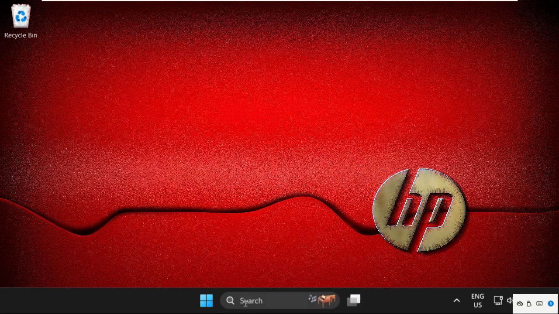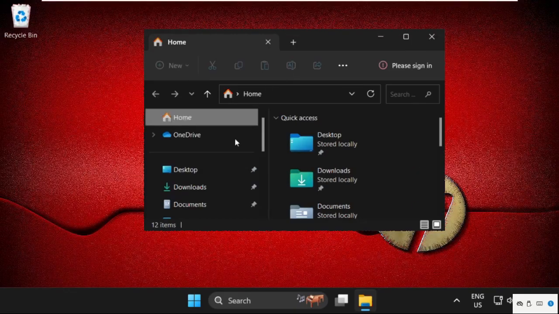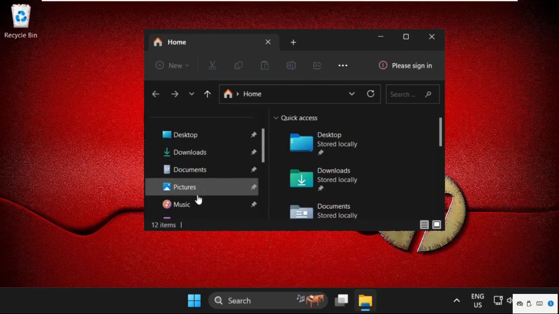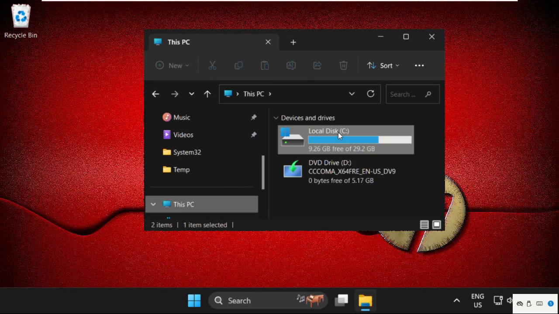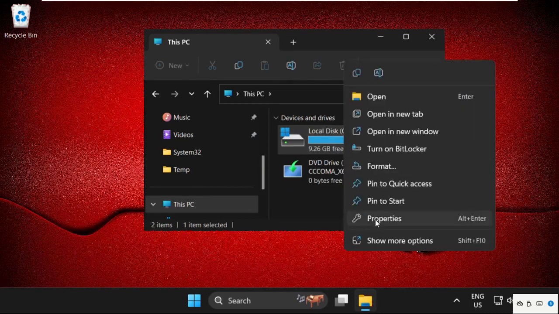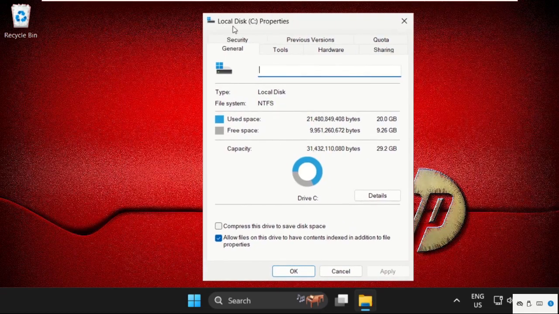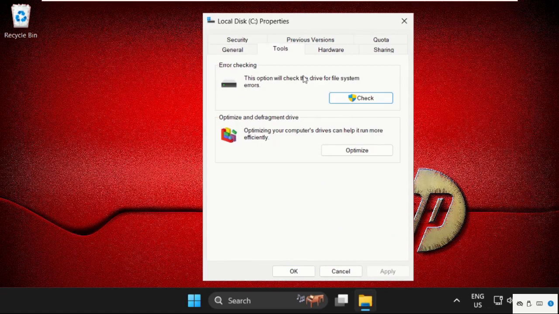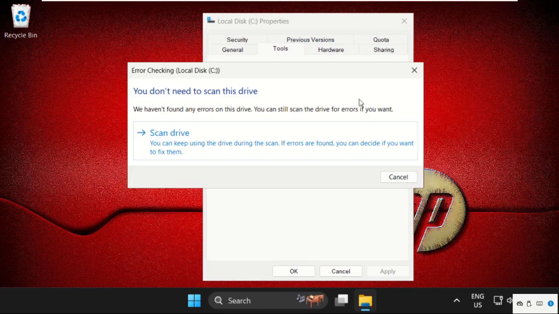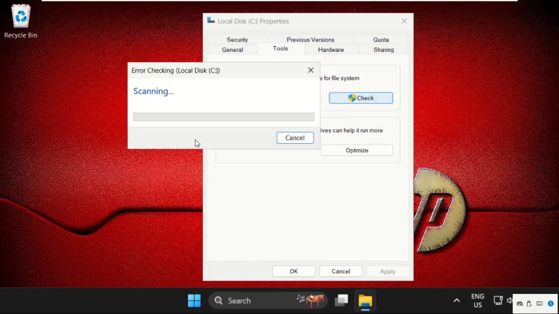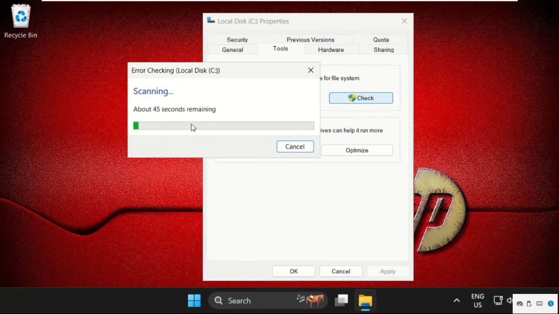Once done, just open File Explorer by pressing Windows key plus E key together to open this window. Then just go to This PC, right click on C drive, open its properties, then local disk C properties, then select Tools tab and click on error checking. So click here to check it and click on scan drive. So this will take some time to complete the process, and then